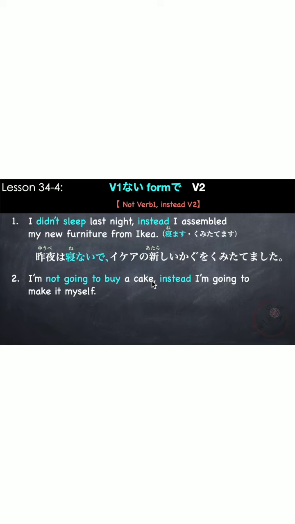Another example, I'm not going to buy a cake. This is our verb 1. Instead, I'm going to make it myself. This is our verb 2. So, buy, 買います, and make, 作ります. So we say, I'm not going to buy a cake, ケーキは買わないで. Then, 自分で作ります, make it myself. ケーキは買わないで自分で作ります。